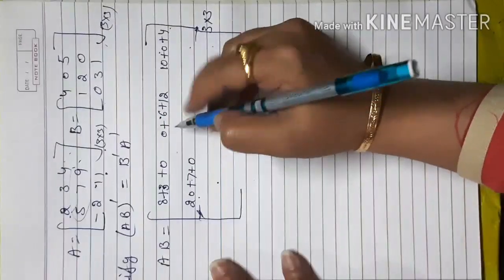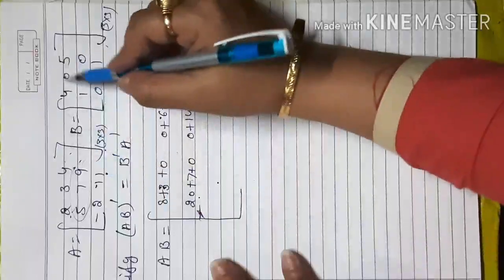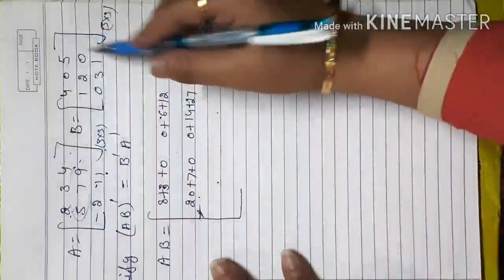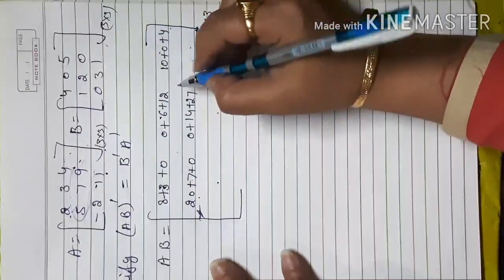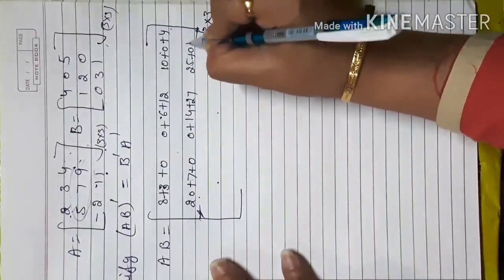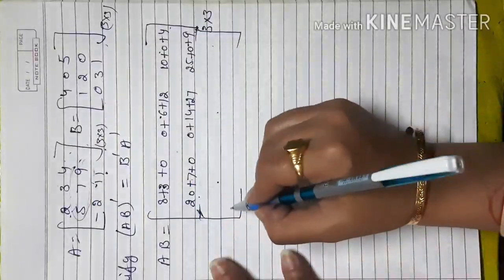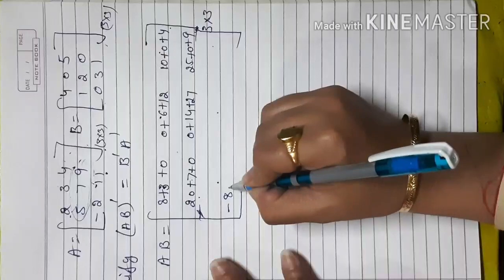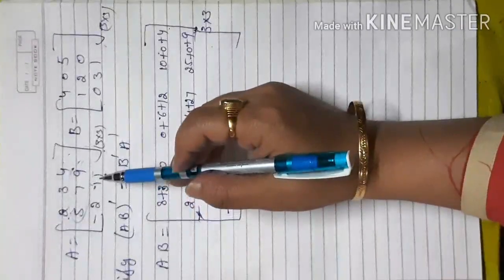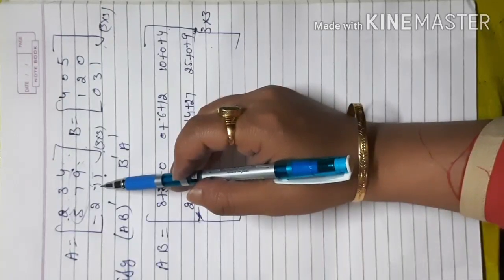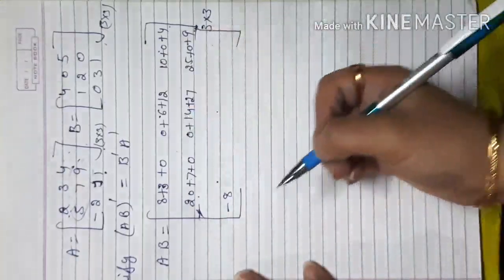And second row, second column, 0 plus 14 plus 27. Now second row, third column, that is the position of second row and third column. So that is 25 plus 0 plus 9. Now third row, first column. Third row, first column gives me minus 8 plus 1, because this is 1. So this is positive 1, this is not negative 1. Okay, so this is 1.